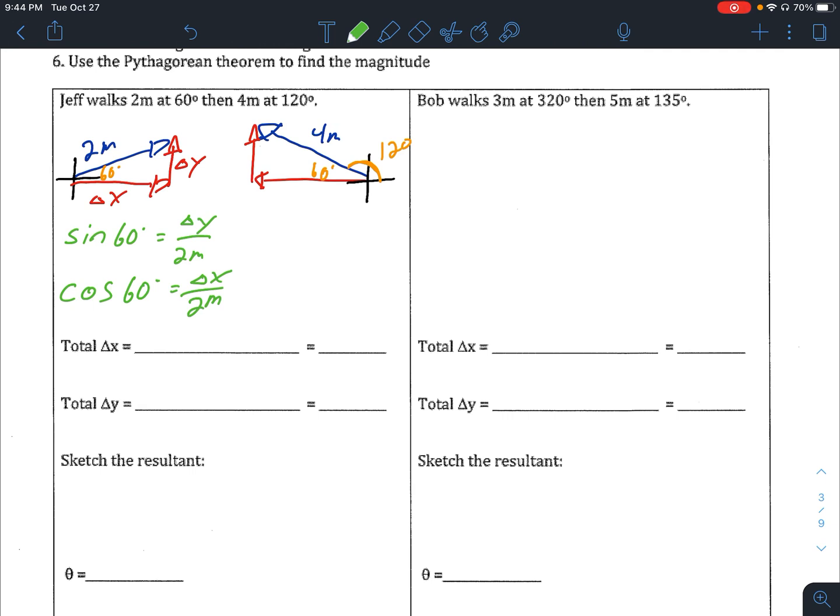And very similarly, with our other vector, we're going to do sine 60 just because it's the same angle. Delta y is over my 4 meters. Kind of mislabeled. Sometimes I get a little too happy when I keep things consistent. There we go. Everything's red, everything's green. So then cosine 60